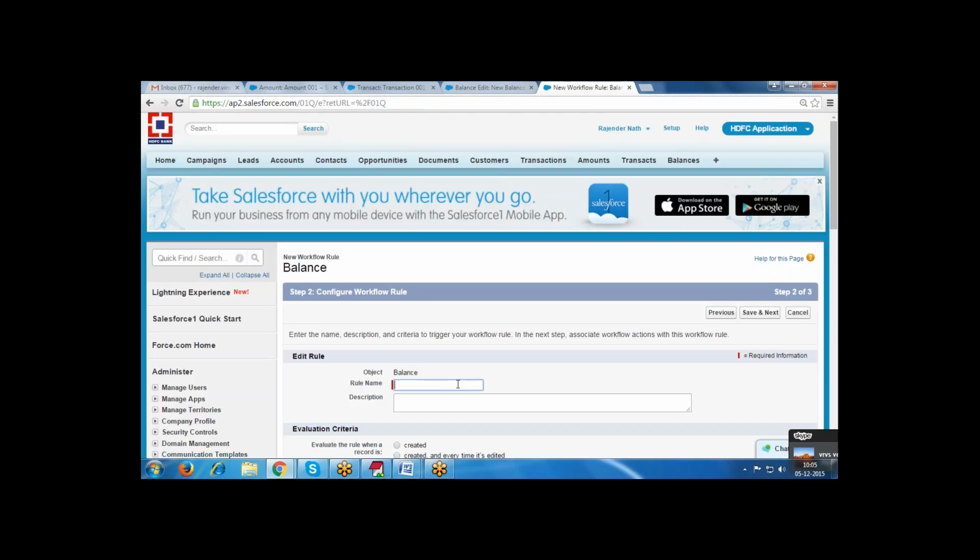Now the rule name is amount updation workflow rule.